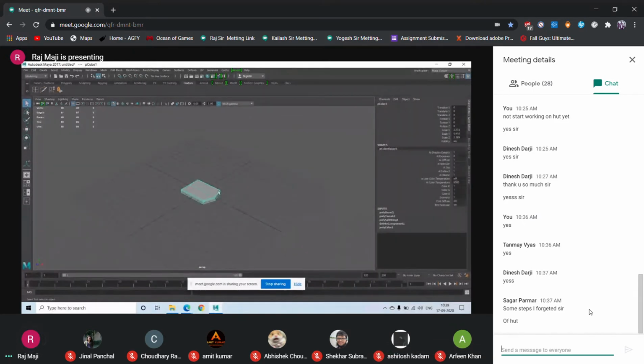Now just keep it over here and let's change the pivot point from there to this point. Okay, and I will rotate a little bit like this.